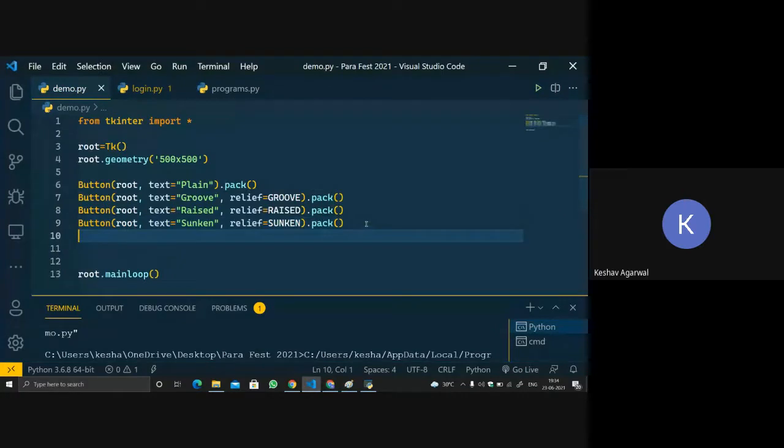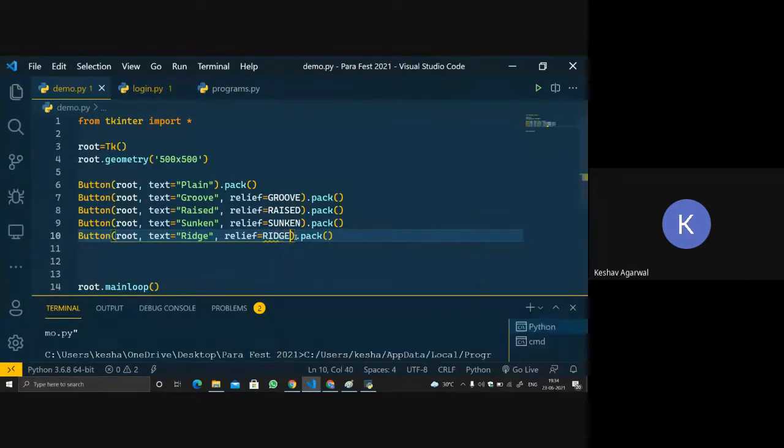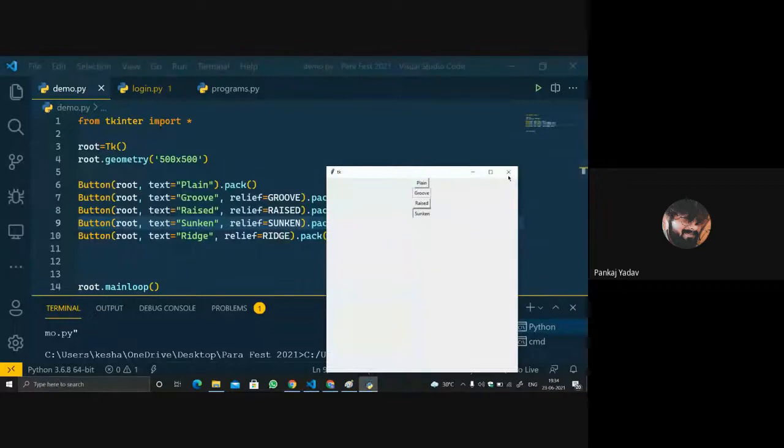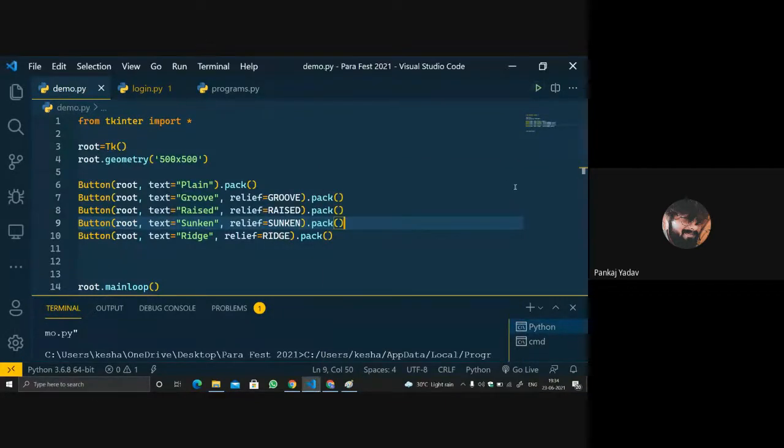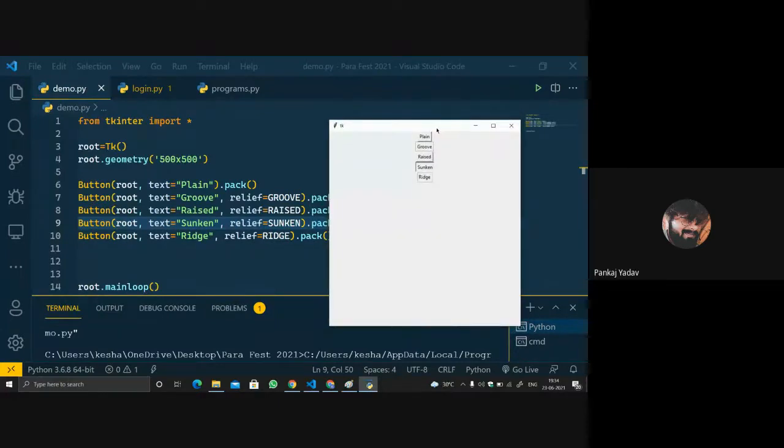Let's do it also, and that is ridge. What is the meaning of ridge? If you have played games like PUBG, you would know what a ridge is. A ridge is like a peak point of something, at some height. Let me increase the size of this button.